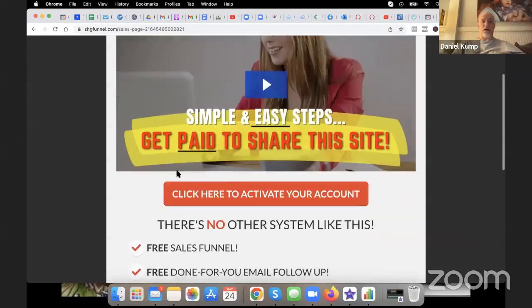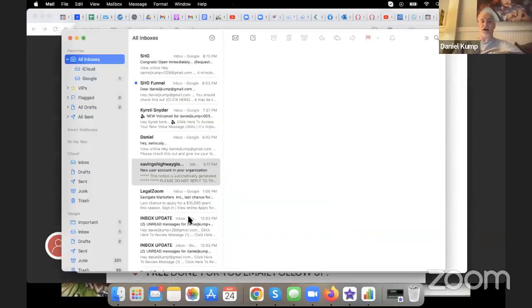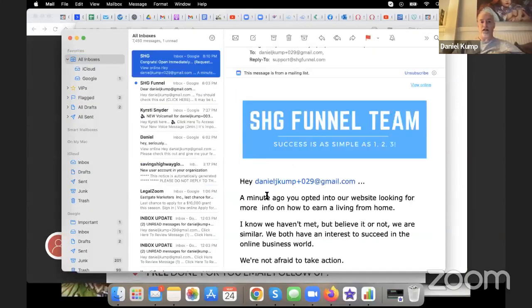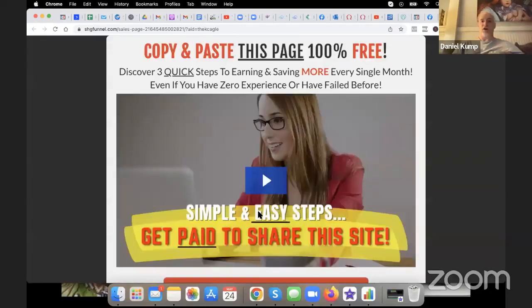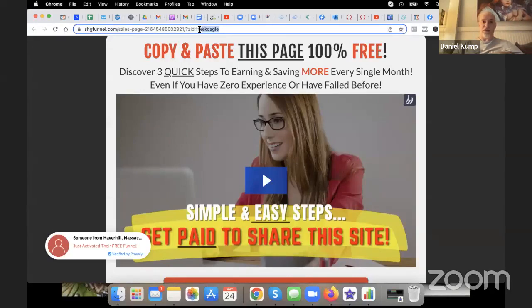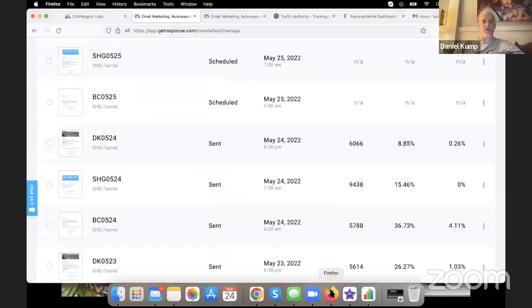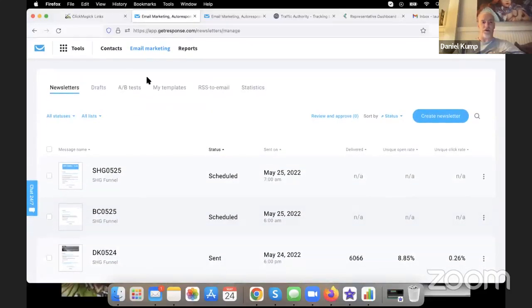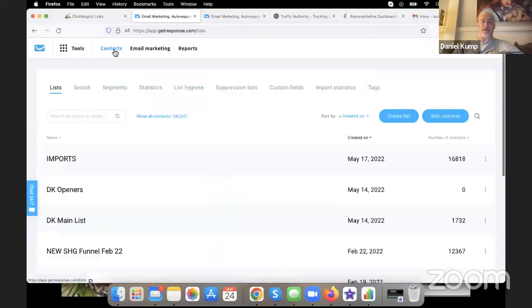So what's cool now is this button is tied to her Savings Highway sign up link. But also in the email I just got, I can open the email up that I just got. This is also going to be tied specifically to her site name. You can see up here in the URL, it says the Kaggle, right? So everything works right so far. So we're seeing that. Now, what we're going to do is head over to the actual autoresponder. So I'm going to click on contacts. And just so you guys know,